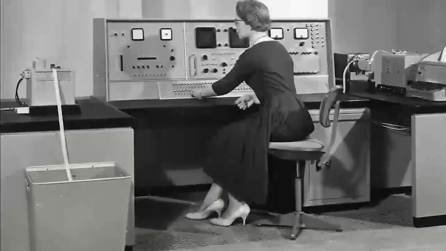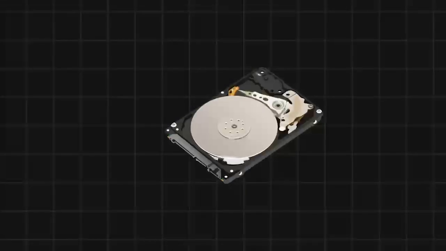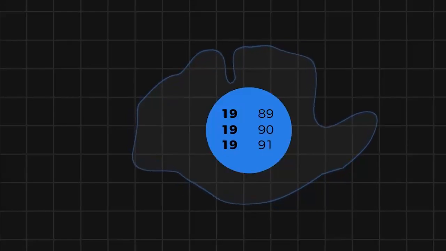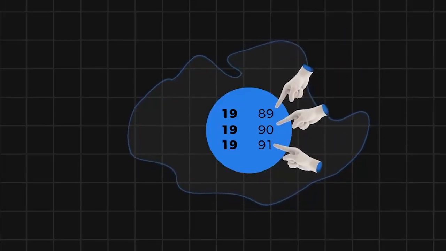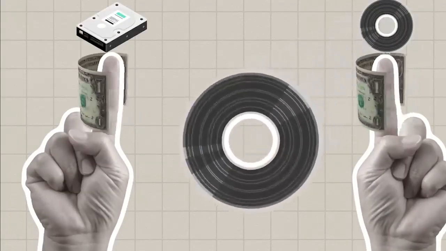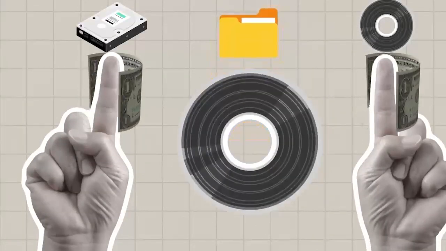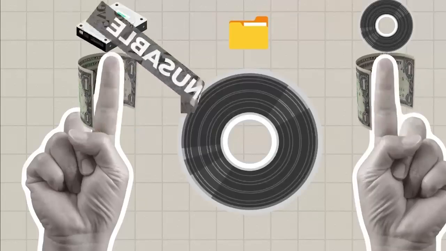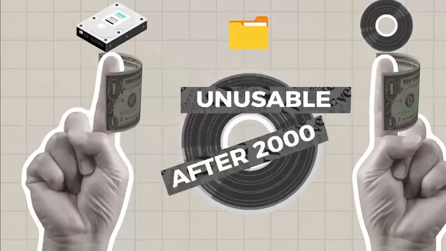Computers became widely used in the 20th century. To save storage space, programs could add 19 as a prefix to the year of date and store only the last 2 digits instead of all 4. Due to the high cost of disk and tape storage, these strategies were implemented to save money by reducing the size of stored data files and databases. However, a trade-off was made as the data became unusable after the year 2000.